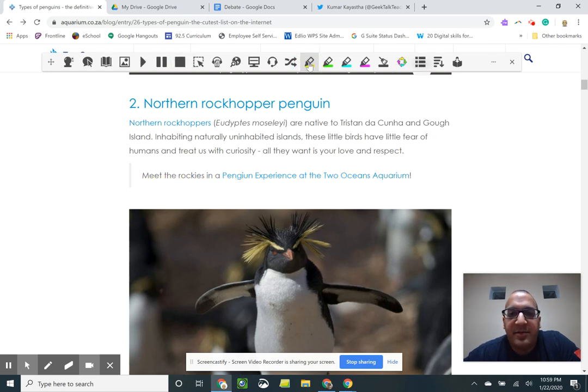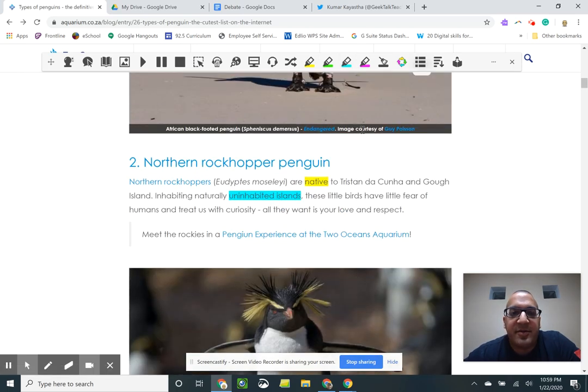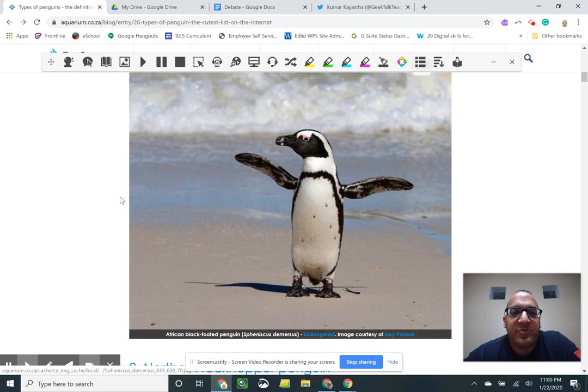You can highlight directly on the web page. Uninhabited islands. You can see different colors. If they needed to come back and refer to anything, they could do so. All right, so I'm going to move away from the website